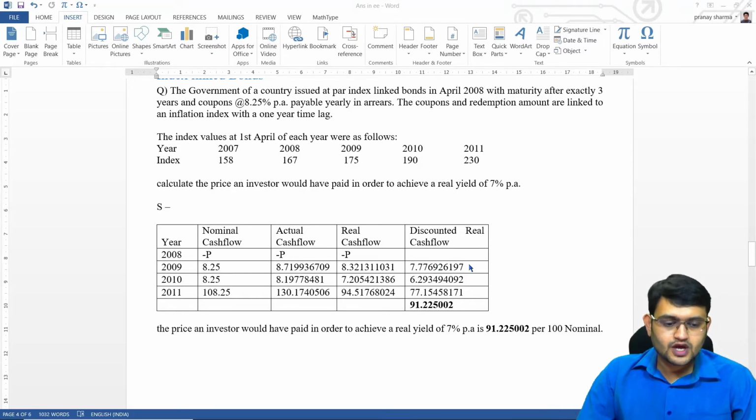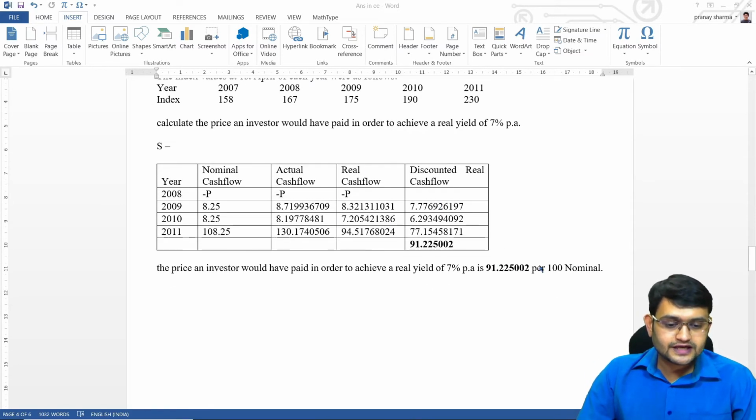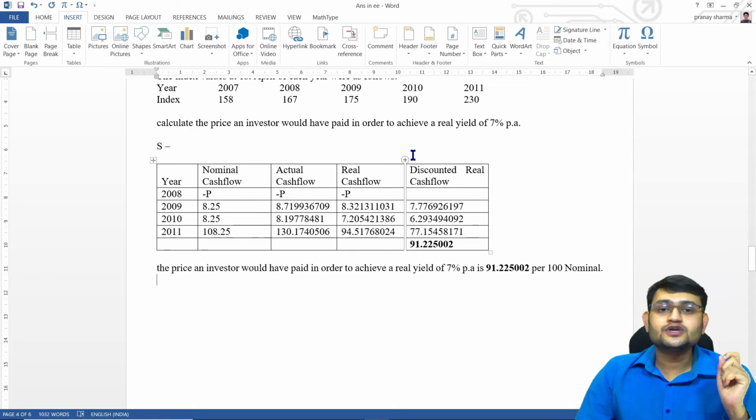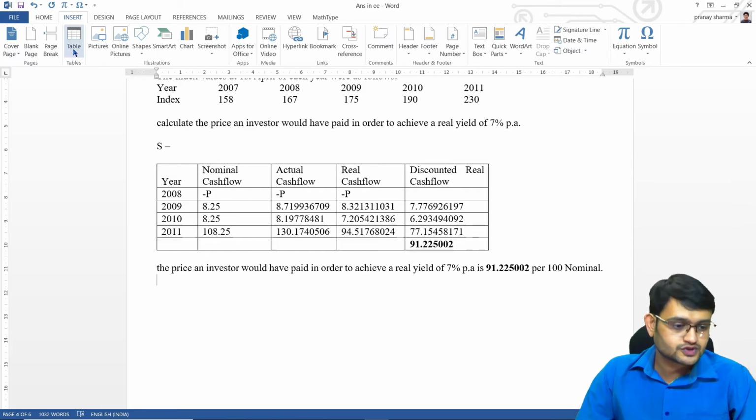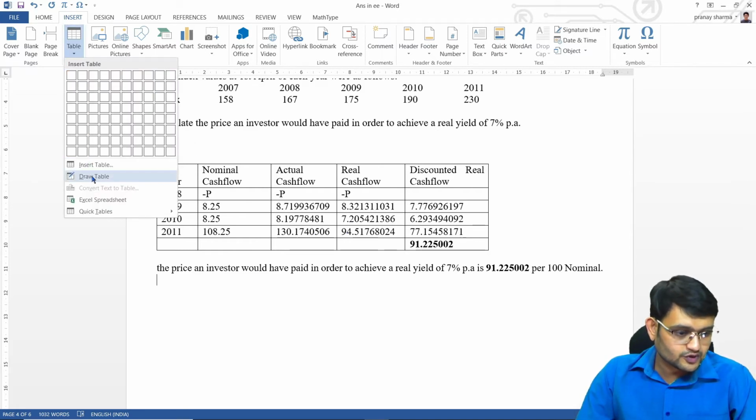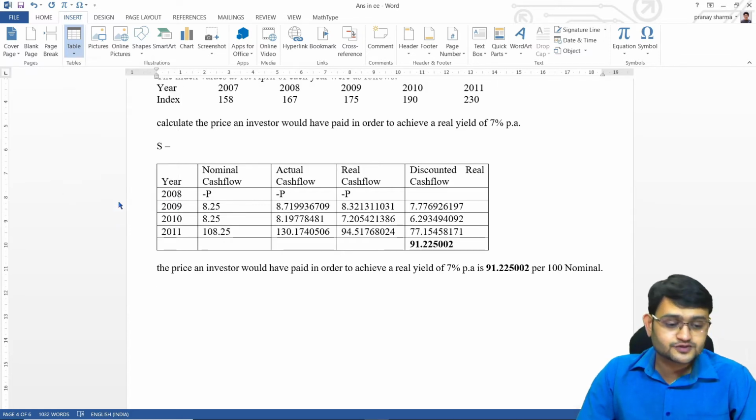The other thing you can do is you can create an Excel sheet inside the Word document. Now, for any student who is giving an Indian paper, IAI Institute paper, inserting an Excel sheet like I am going to show you is not allowed. This is only for the IFOA students. So we'll go to table, and in table you have here Excel spreadsheet. So you can insert this Excel spreadsheet and you can solve any question as you would in Excel.